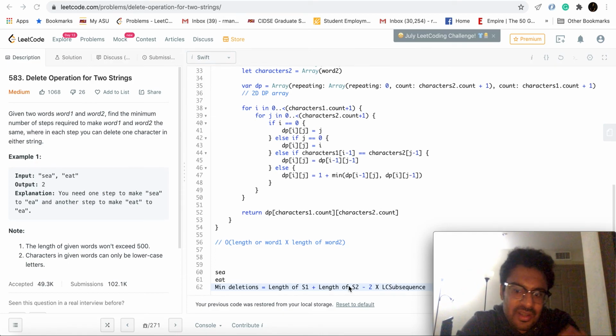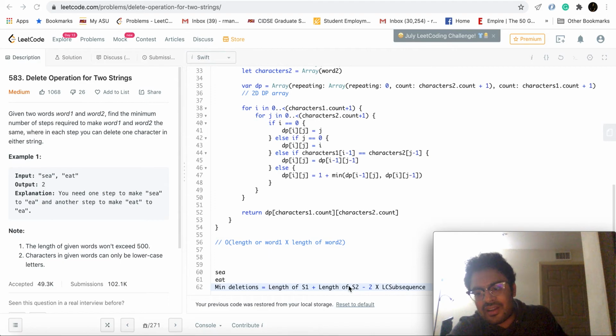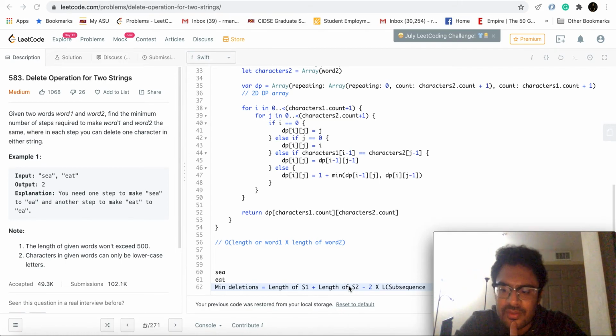So this is one thing that I found that was very interesting, and because I was familiar with longest common subsequences, which is one of the problems that I like to solve because it's very easy to follow, when I found this, I was really amazed. I thought I'll share that also. Cool, guys. This is the solution. I hope I was able to explain it well.